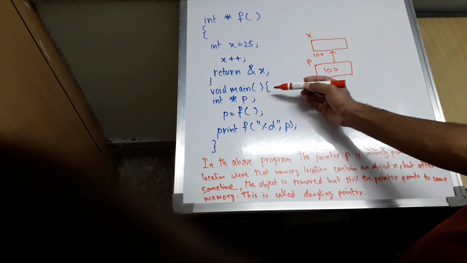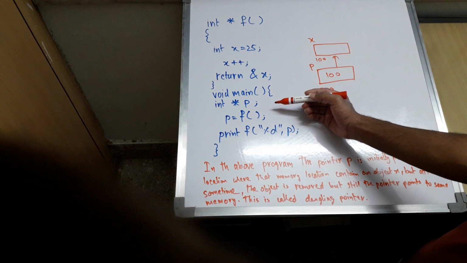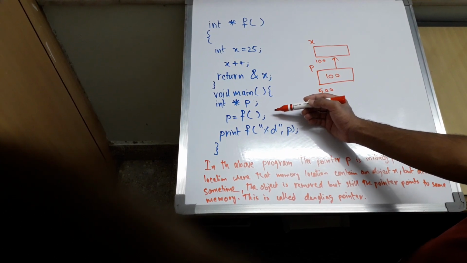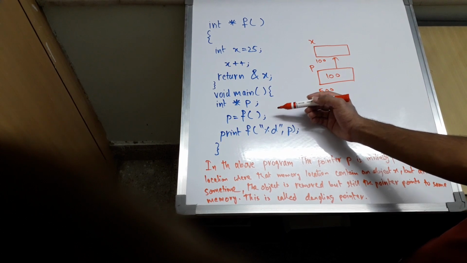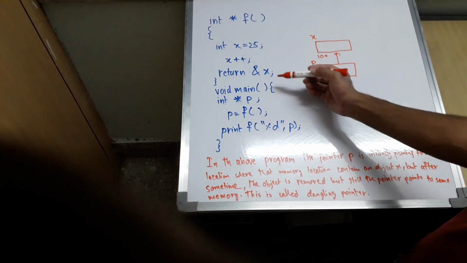The program starts when the main function is called by the operating system. Int star p indicates p is a pointer pointing to the variable of the type integer. P equals function f indicates p stores the value returned by the function f, which is the address of